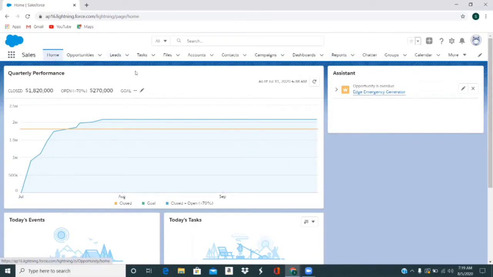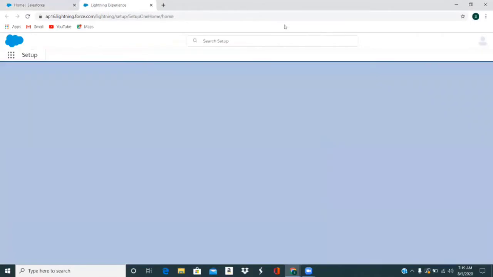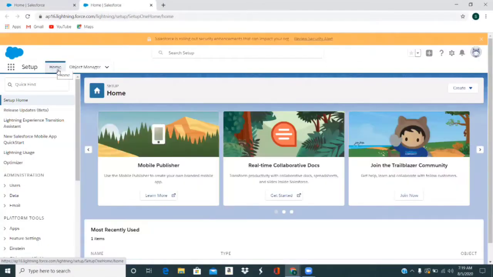But now you have to create some custom functionalities. So for that, here on the gear icon is called setup. So when you click on setup, you can see here setup for current application or app. So I'll just click on it and it will open that setup page which we have seen earlier.